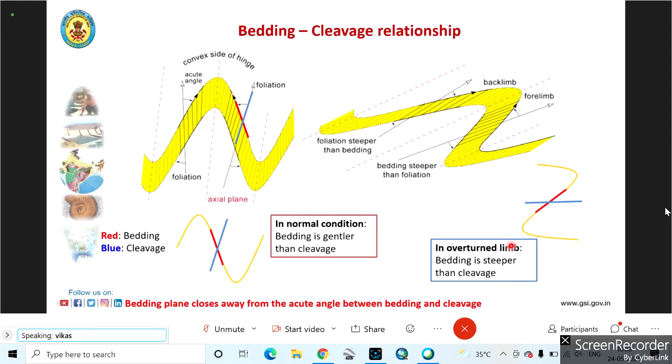Okay. Now, when we go to the field, and if we notice that there are folds and cleavages have developed, you know that folds can be of any size. They can be microscopic to even macroscopic. Macroscopic means the whole of the hill you will be seeing will be just one single limb, and the other limb will be the other hill. So it can be that large also, and even smaller folds can develop.